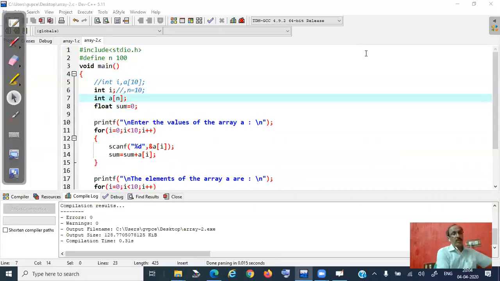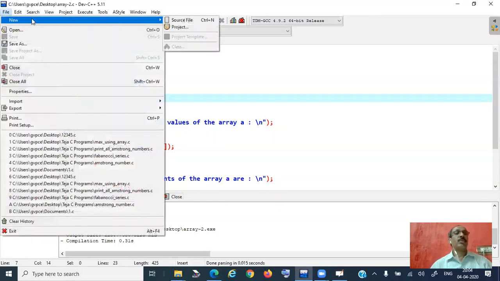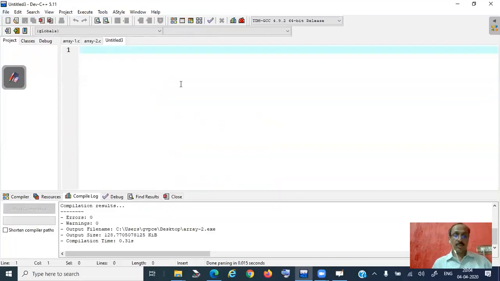Here, this is the place where we have written the previous code. Now we will write the new code. How to write a new code? Take a new program. Now I'll write #include